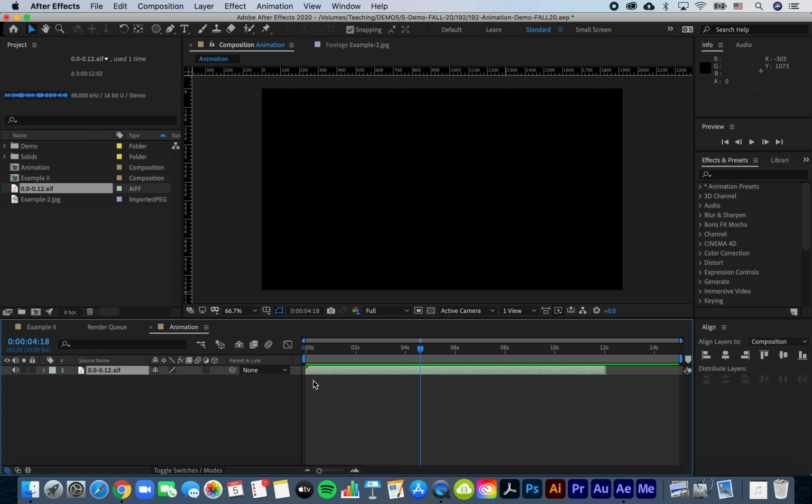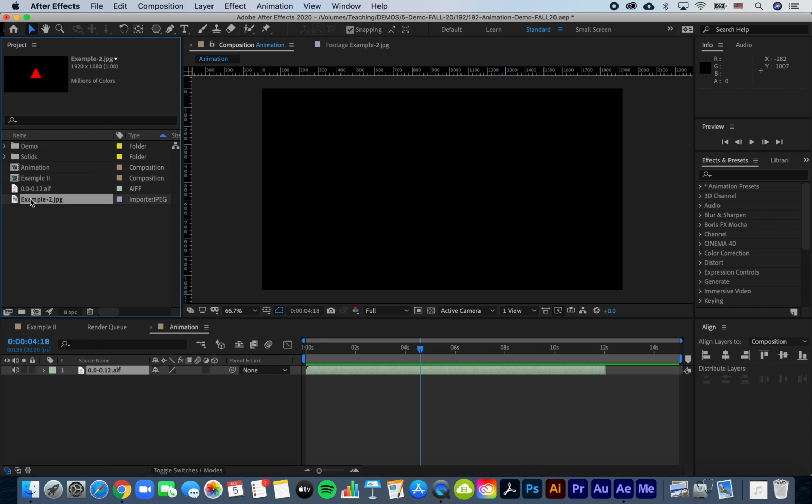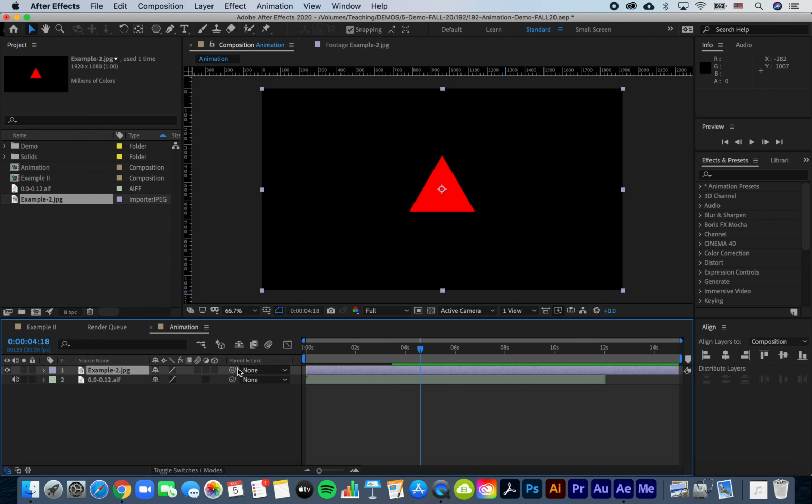Drop the first frame of your peer's animation into your composition for reference. You can trim it by going to the end of your sound with the blue playhead, holding down Option and clicking the in bracket. Now I can plan my animation up to that point, knowing that once my animation ends, it has to transition